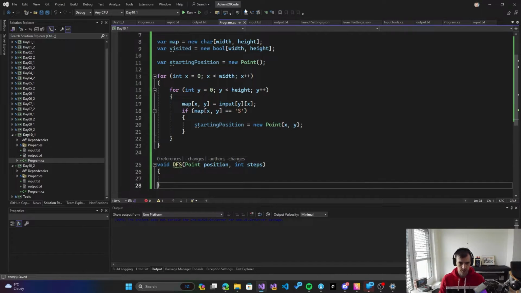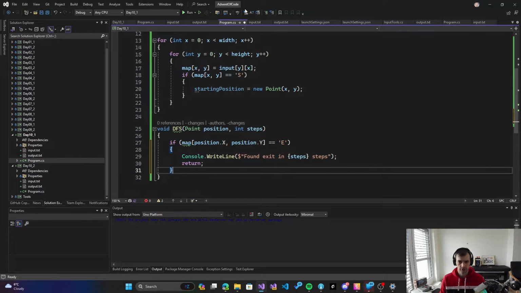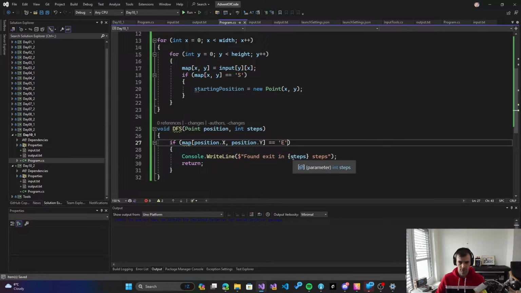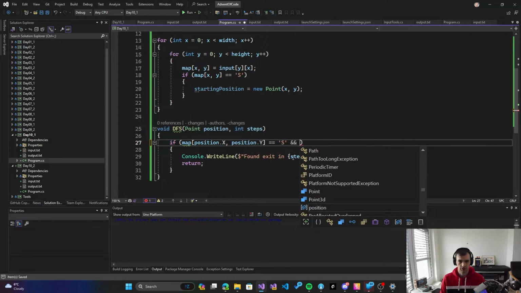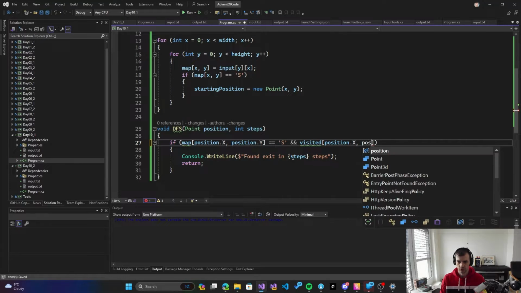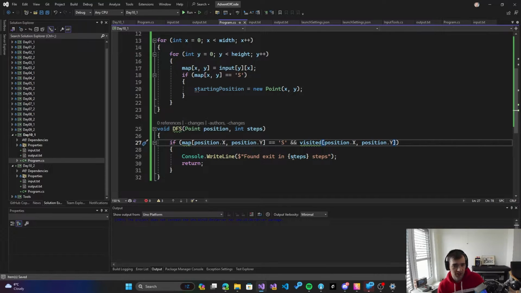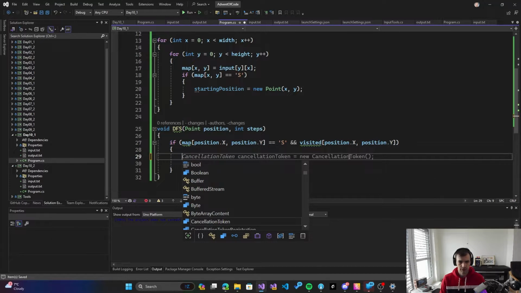So I will do if map position xy equals S and visited position x, position y. So if we have already visited S, so this is not the beginning of the execution, and we found the exit already, so we can do